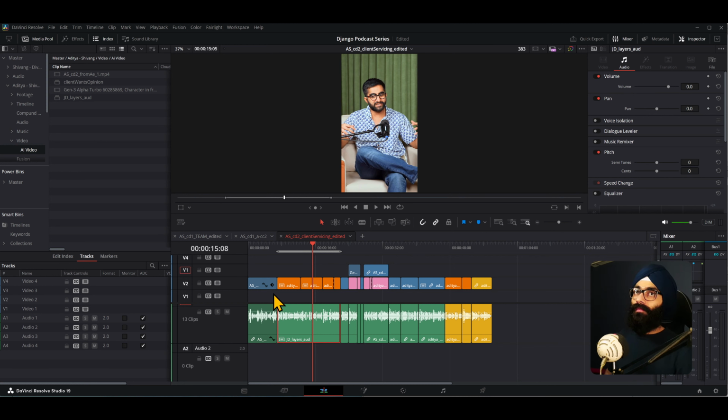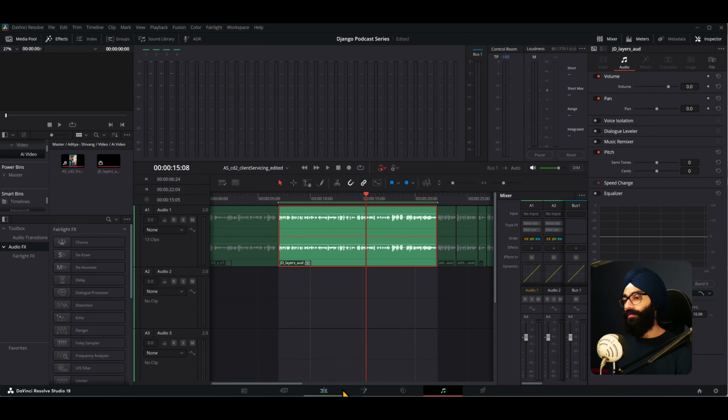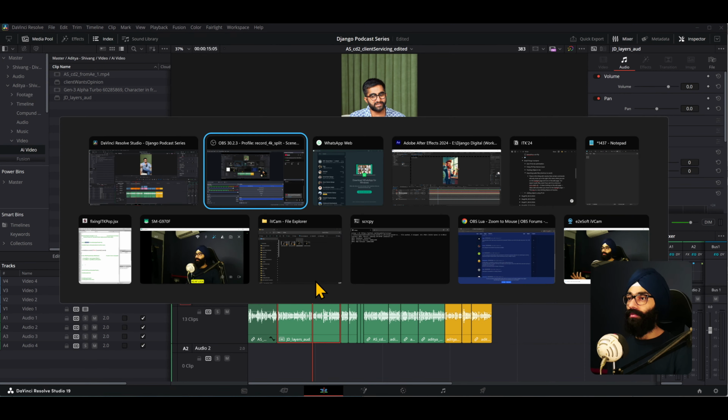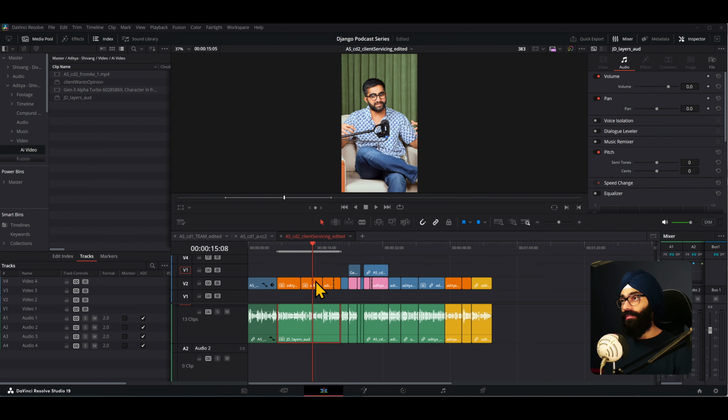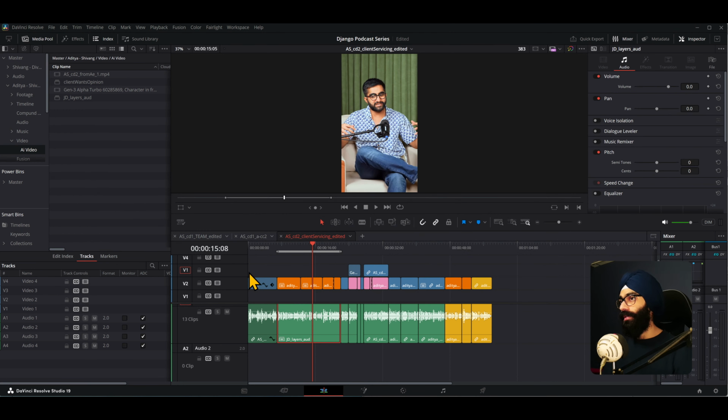Because fine, I get it that you want people to do audio stuff inside Fairlight and color stuff inside Color, but at least give the flexibility that you have the same commands showing up in the right click menu everywhere. Anyway, that's just a rant, because it is unnecessary that I have to keep going here and here and here. I want to have as little friction as possible when I'm working on my edit. So that's one thing Blackmagic should really work on: give workspace flexibility as Adobe does, because it's so important for anybody who loves optimizing their work like I do.